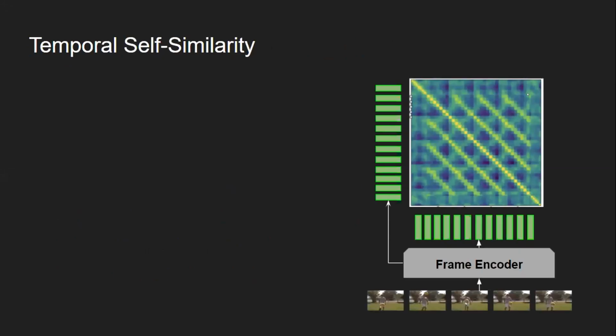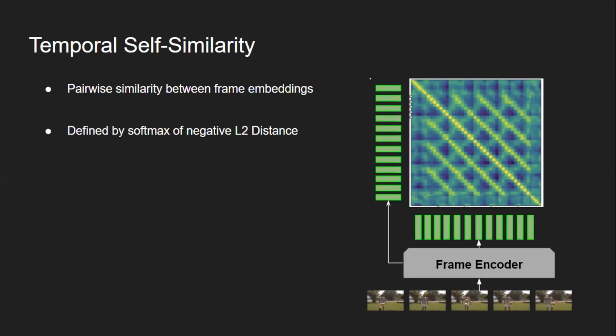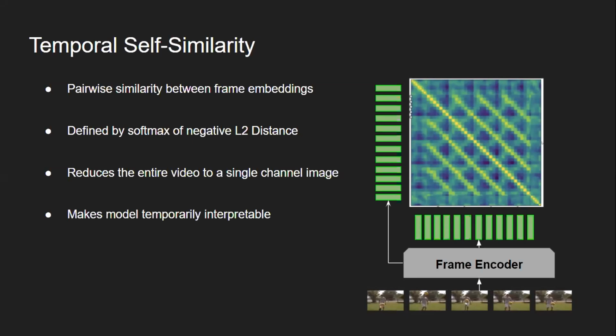So one of the ideas that we implement is using a temporal self-similarity matrix, where initially when we get the frames that we extract and pass them to the encoder, we put them into a 2D matrix and arrange these frames side by side. And we compare these frames to get the similarity to match these pairs. Then we get a single channel image from which we want to predict the number of counts. This was inspired by the RepNet model that we're referring to.